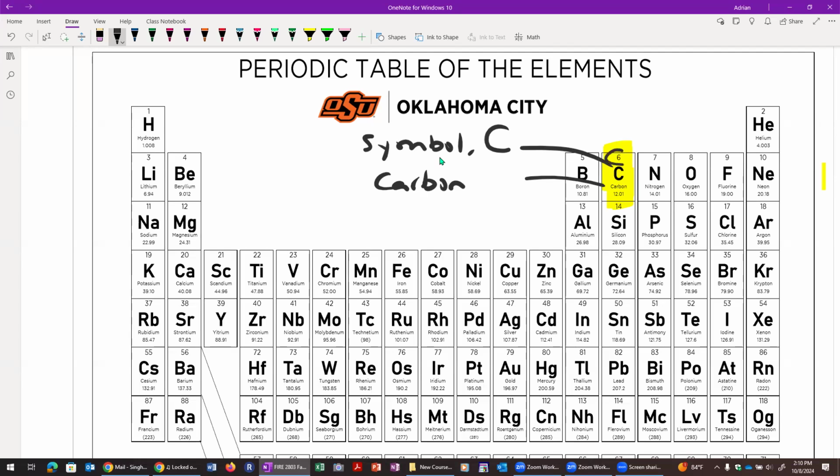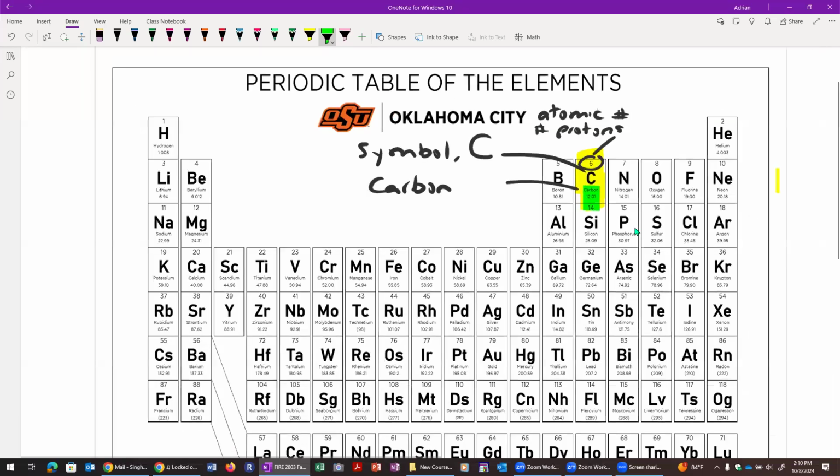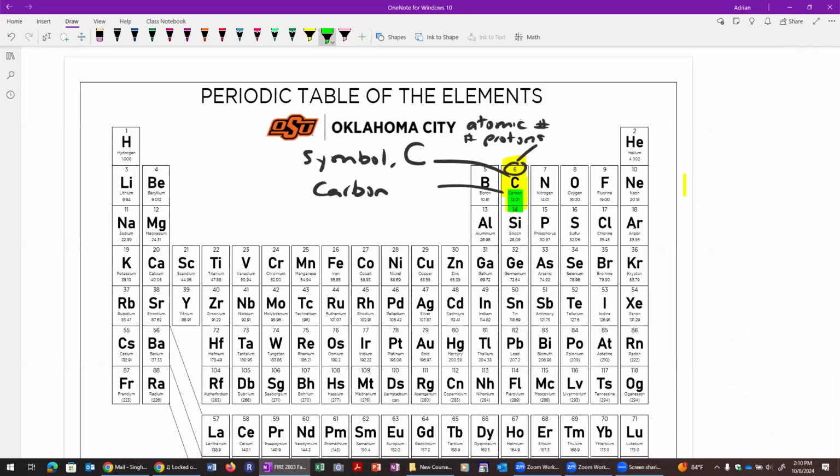And then we also talked about the number on top, and that there is the atomic number, which is simply the number of protons that we have in it. And then the other number that we're going to see in a typical periodic table entry is the number underneath, which is usually going to be a decimal. And what does that actually mean? So the 12.01 in this case for carbon,